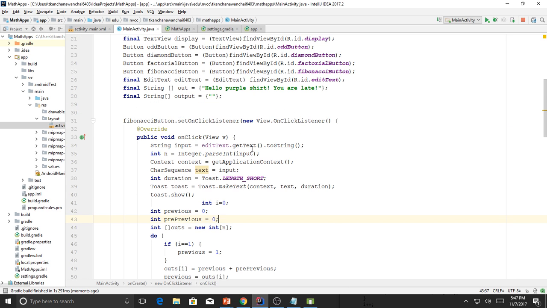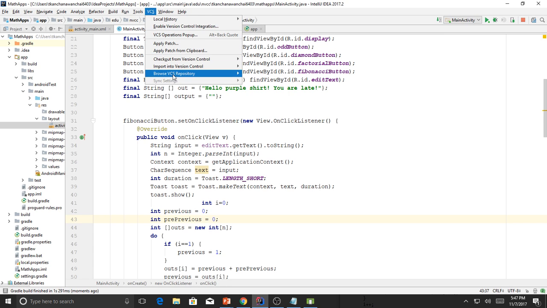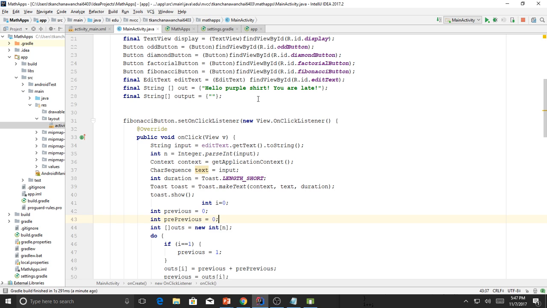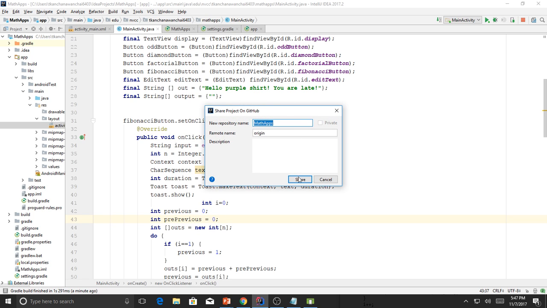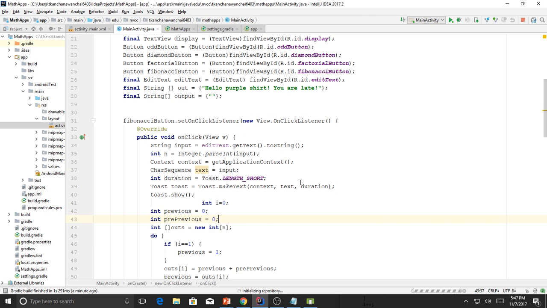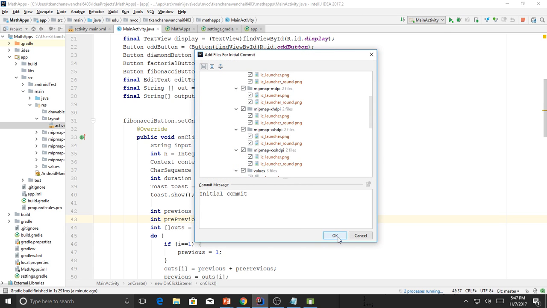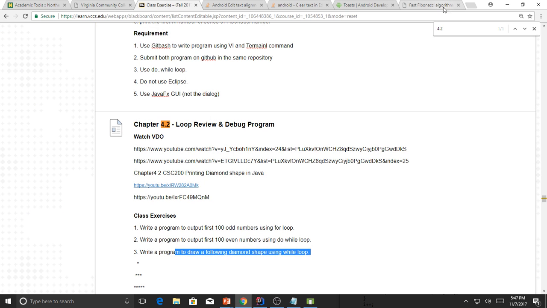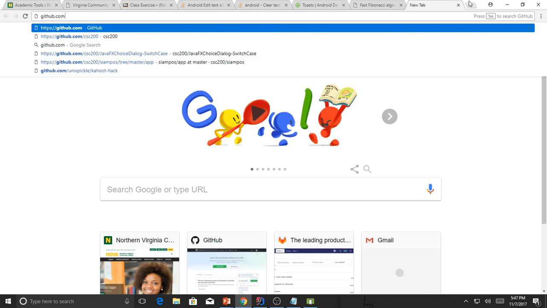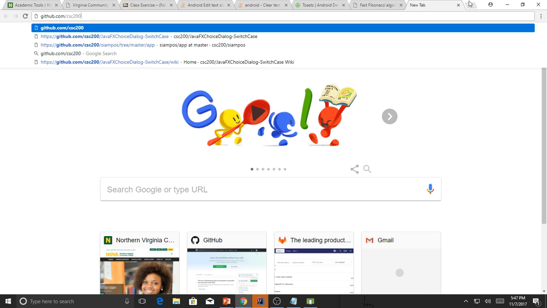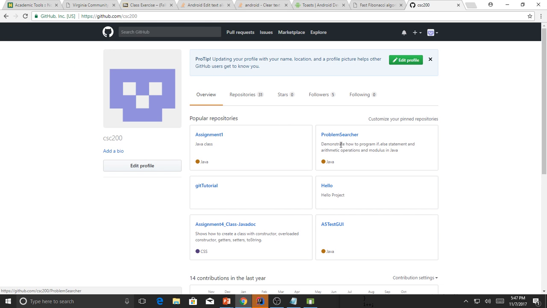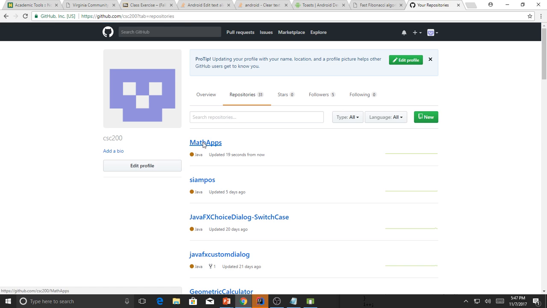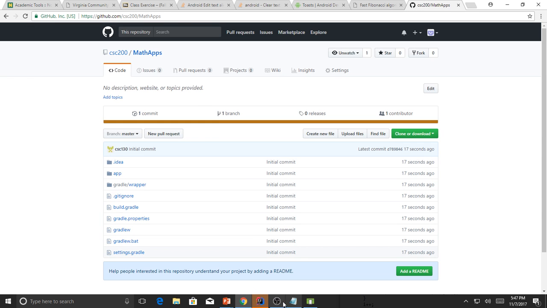All right, so now it works. So I'm going to put the code on Git now. So it should be on my GitHub account, and it's going to be under github.com, in this case Jesse 200. So you should be able to see my apps now. It's there. All right, so this one is 15 plus